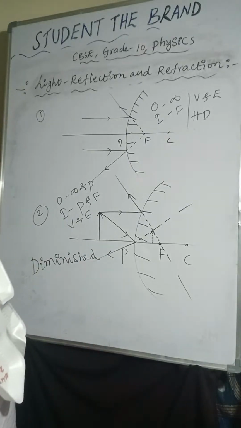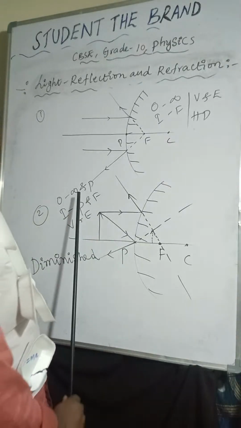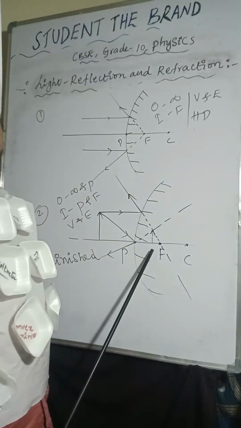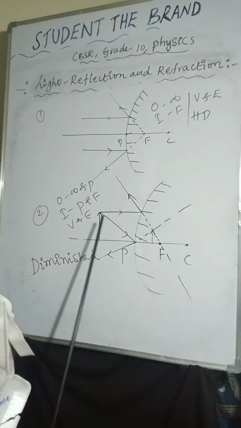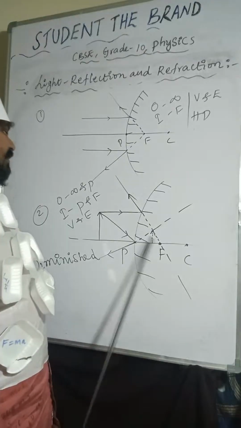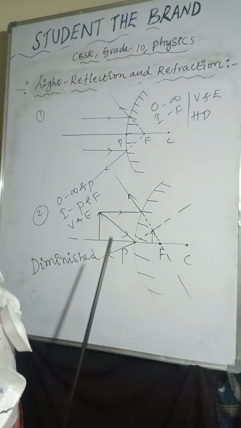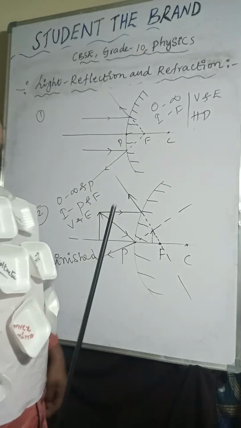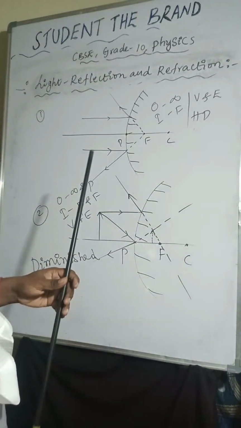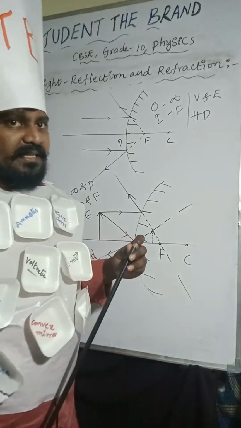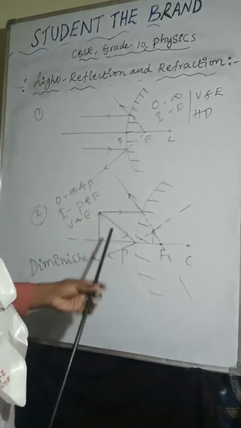So next one. The object is placed between infinity and pole. Where is the image forming? Between P and F. What is the nature of the image? Virtual, erect, and diminished. Because in a convex mirror, if you place any object in front of it, we can see